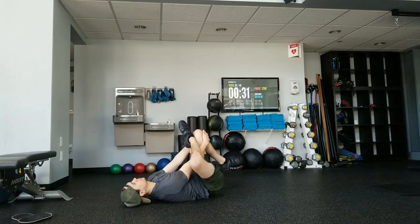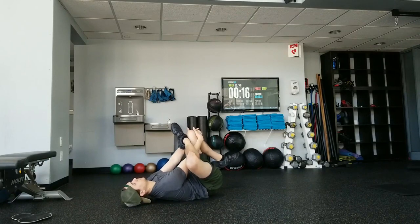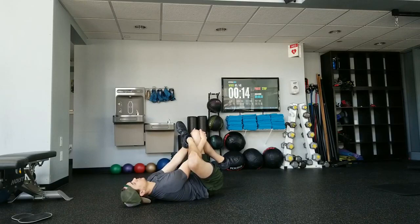We've talked about it before, you could have that left leg stacked onto a wall or a table or something other than floating, so it's more of an assisted stretch. 20 seconds out. The next thing is going to be a deep adductor stretch, so we're kind of in a standing or seated